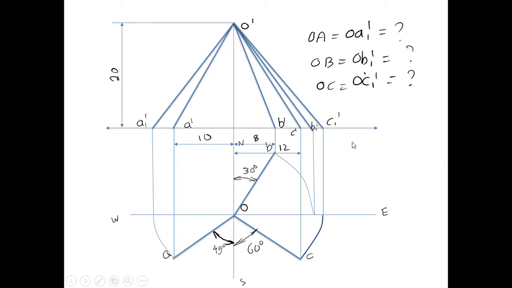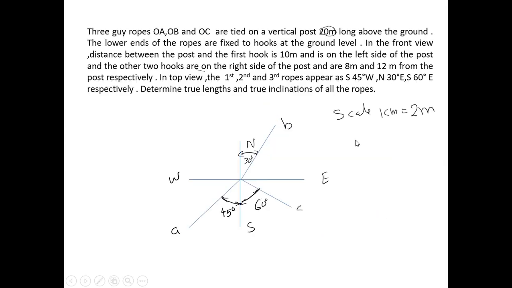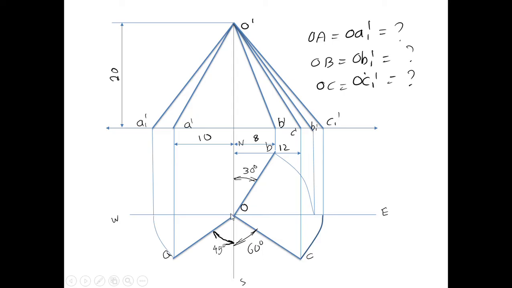Now, as I have explained in this diagram, you have to mark the direction of OA, OB and OC. So from O, you just take some appropriate distance from here. You can do one thing: after drawing this axis, the remaining space you can divide into 2 halves and take that point here. This is the top view of the point O. Now you draw east and west directions, north and south directions like this.